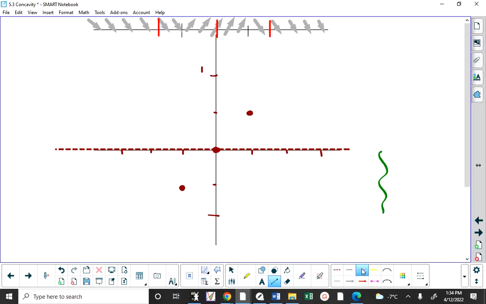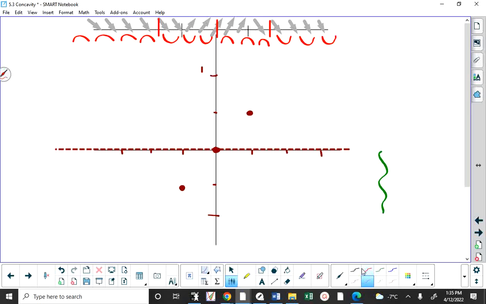Okay. Now, when you look at your second derivative table from -infinity up to -√3, it's concave down. Then it's concave up to 0. It's concave down after 0. And then it's concave up after